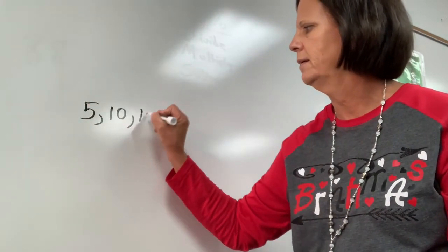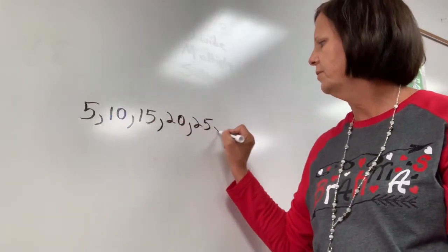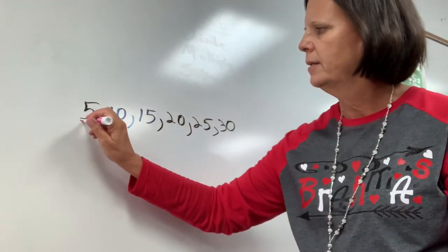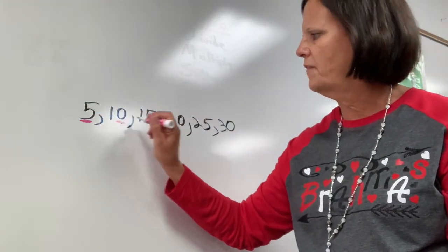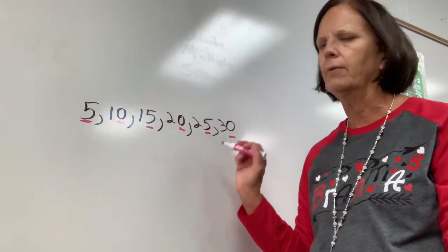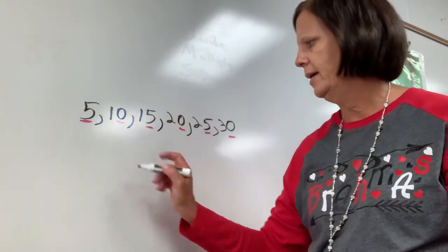5, 10, 15, 20, 25, 30. And guys, look in the one spot. I'm either gonna have a 5 or a 0, a 5 or a 0, a 5 or a 0. So if I gave you a number, like let's say